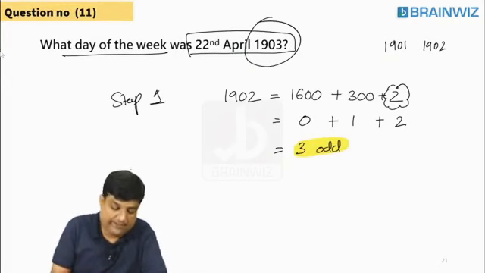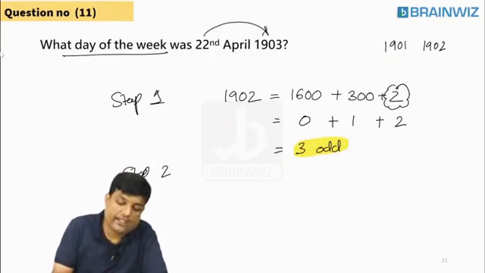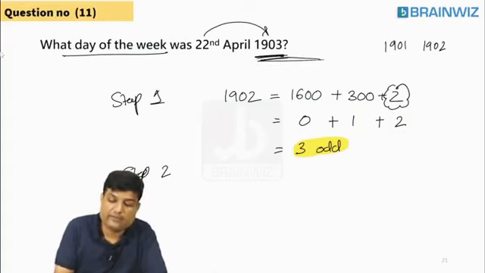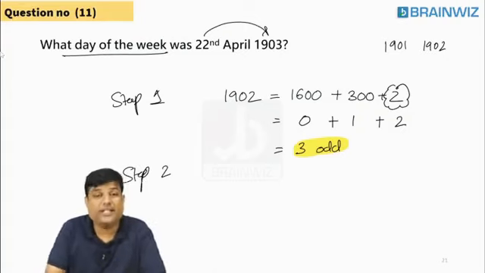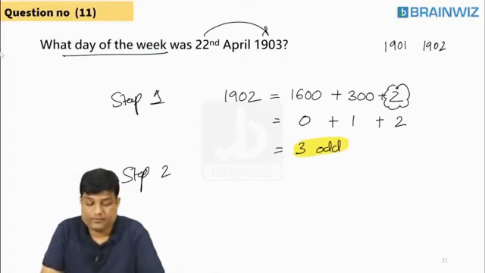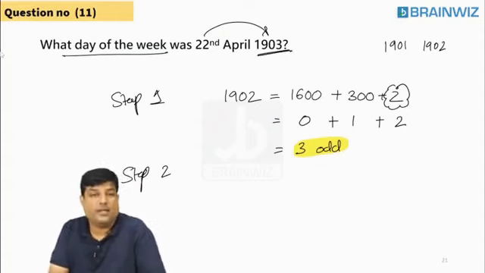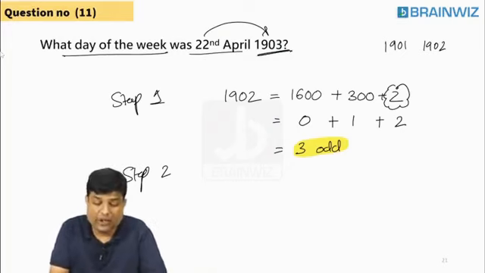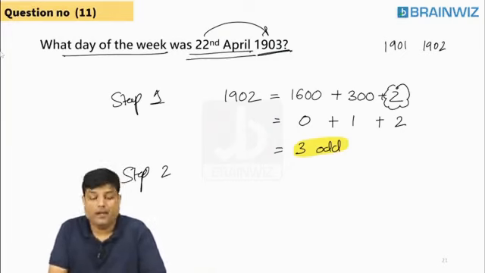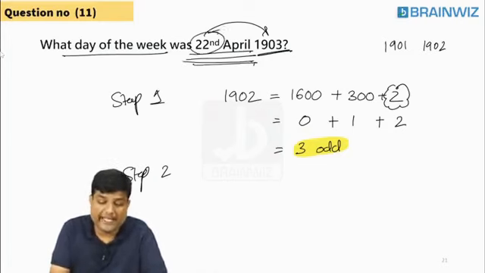Now, second step. Step number 2 is what? You have to make an entry in the year 1903. In 1903, do you think it is completely over? No, 1903 is not completely over. In 1903, January over? Yes, sir. February over? Yes, sir. March is over? That is also true. April completely over? No. 22 days of April are over.